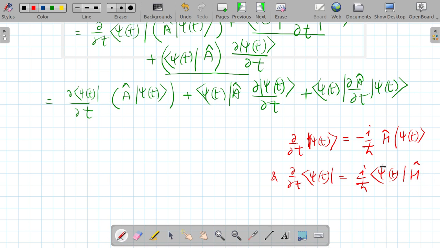So if we use these two values from here in this part, then this equation can be written as